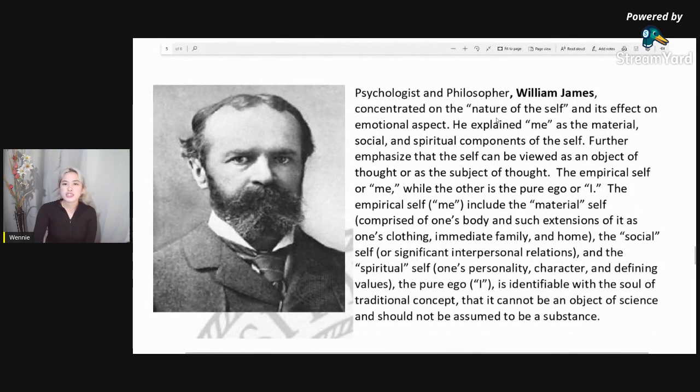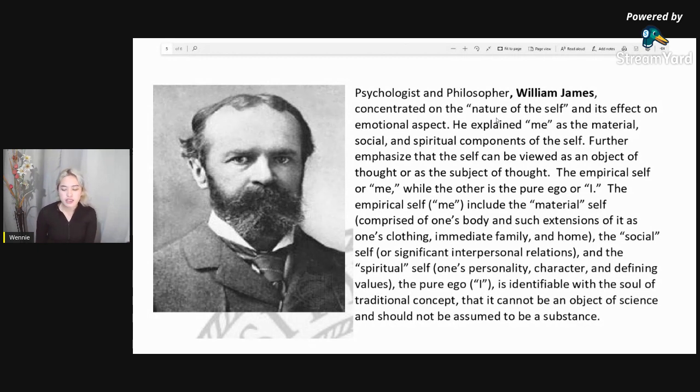Also, we have psychologist and philosopher William James. He concentrated on the nature of the self and its effect on the emotional aspect. He explained the me as the material, social, and spiritual components of the self. Further, he emphasized that the self can be viewed as an object of thought or as the subject of the thought. So the empirical self or me, while the other is the pure ego or I. The me can be thought of as a separate object or individual that a person refers to when describing